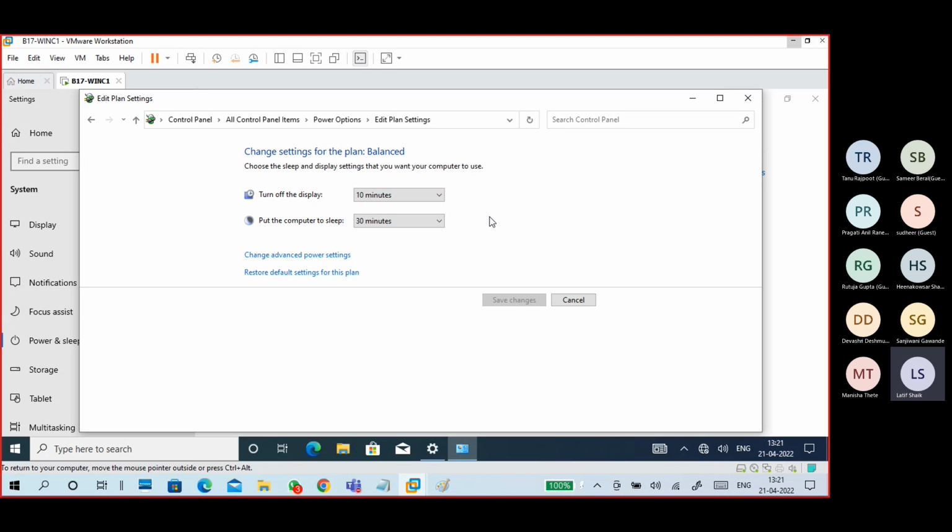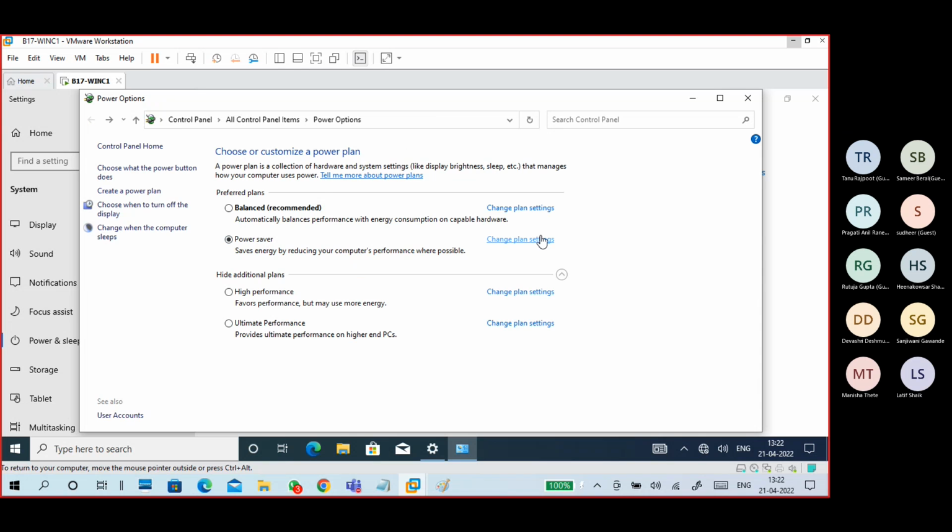and come back after 10 minutes, your screen will be off. If you leave your system for the next 30 minutes and you didn't do anything, nothing is running. Normally, a task is not running. Like if you are playing a video, that is different, playing a video means a continuous task. If you open a browser and leave it, or you open Gmail, the task is completed. So that is 30 minutes. Like you didn't do anything, so nothing is running, so automatically after 30 minutes the system goes to sleep mode.